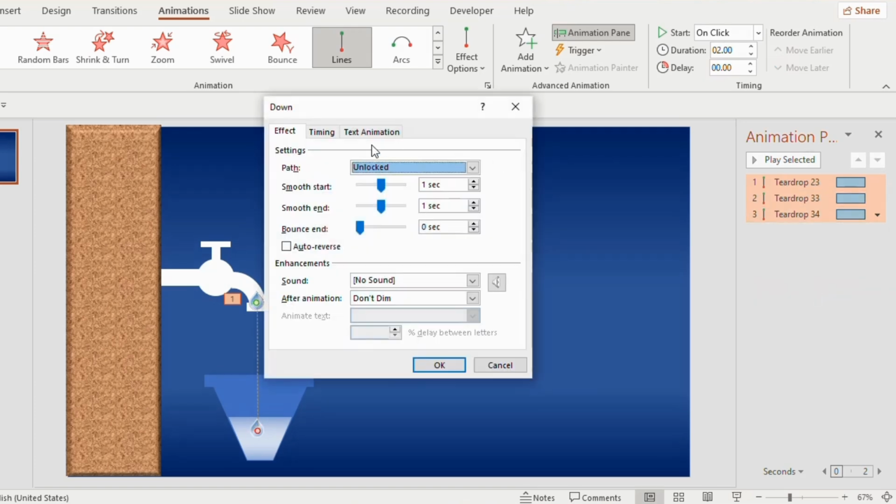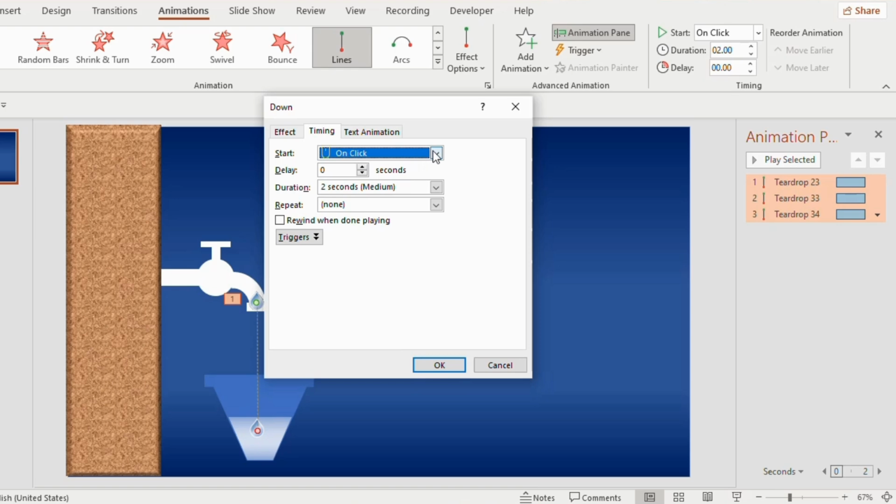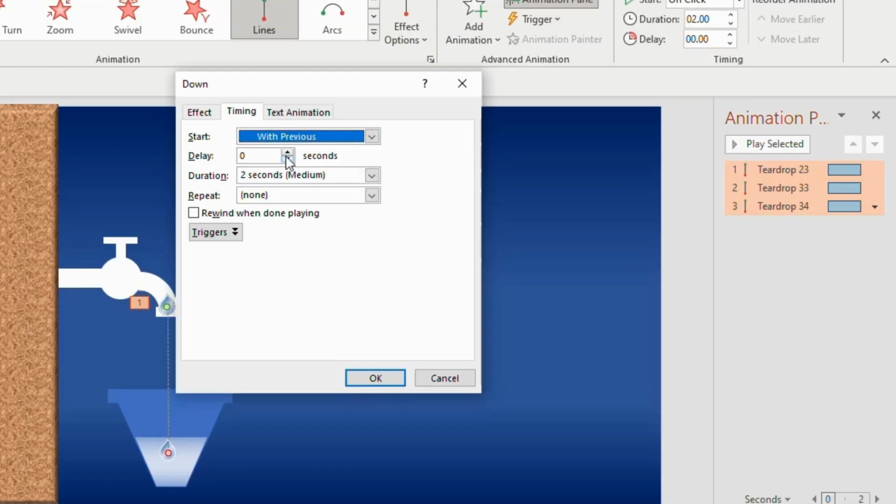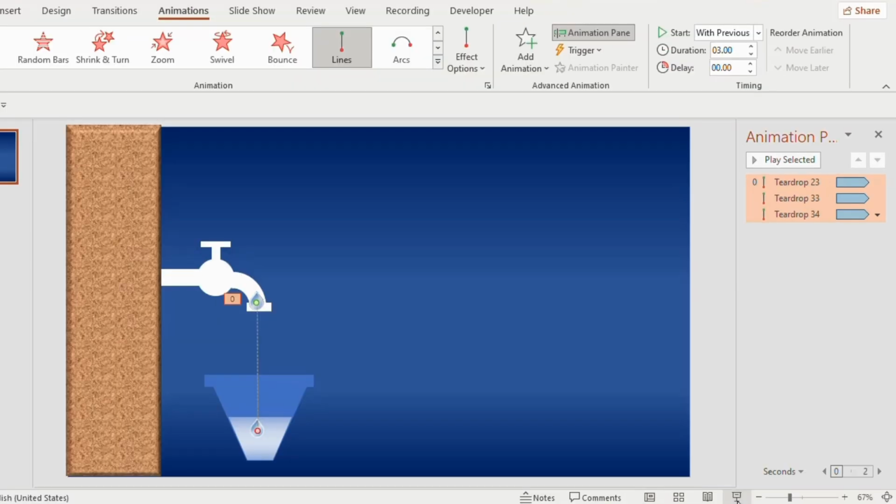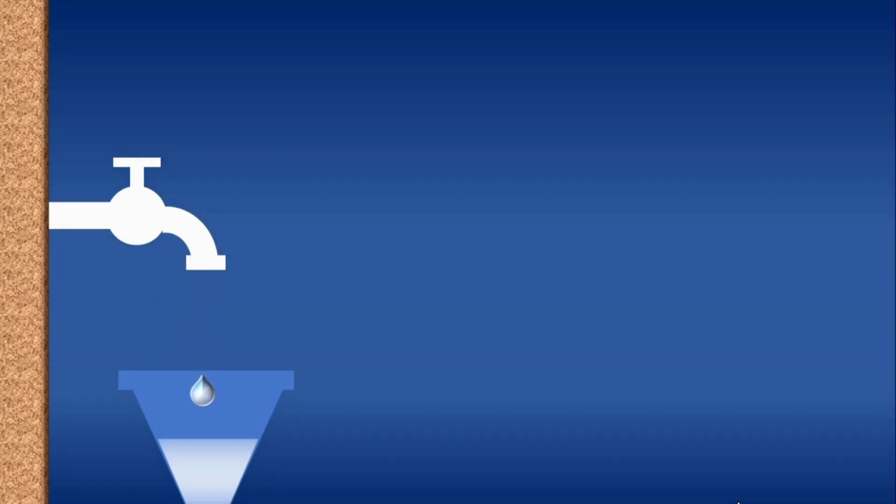Go to Effect Options. Make it 0 seconds for smooth start and smooth end. Go to Timing, start with previous, duration 3 seconds. Repeat until end of the slide. Click on OK. If I click on slideshow, you will observe that there is no continuous movement of the 3